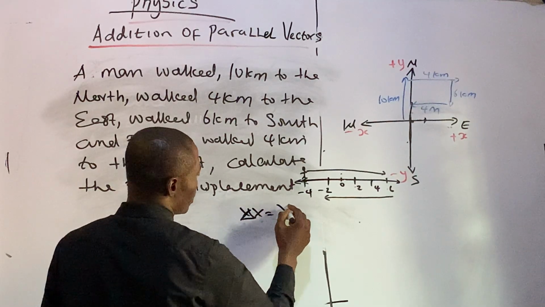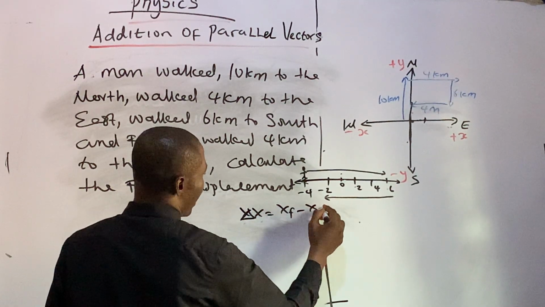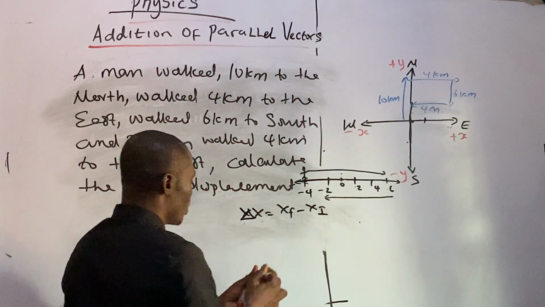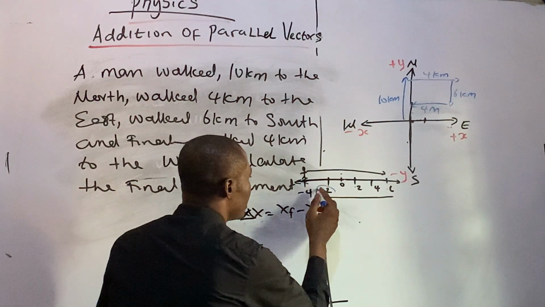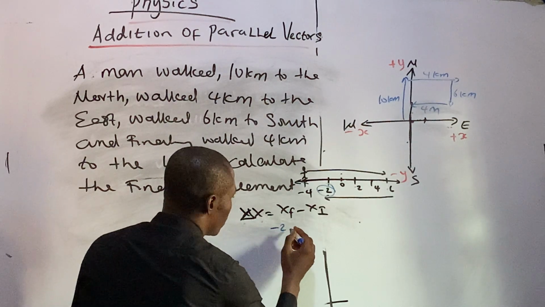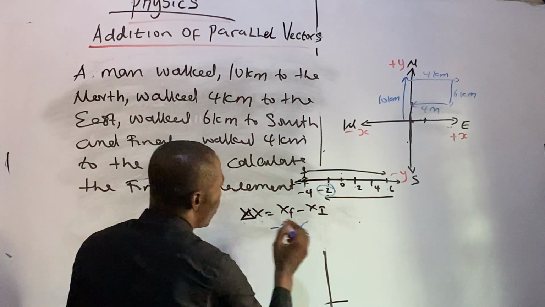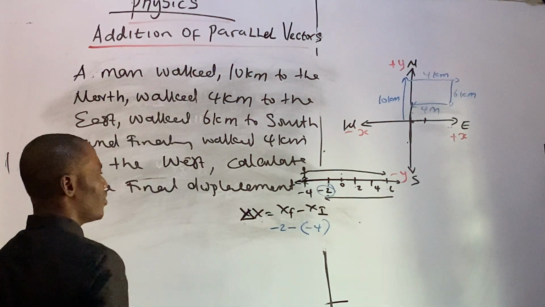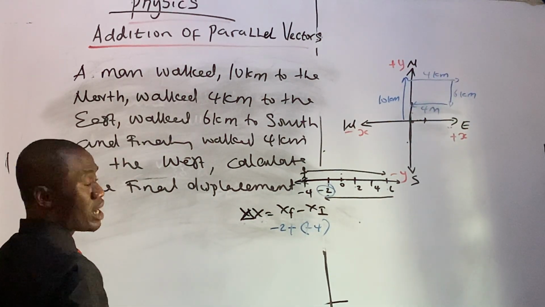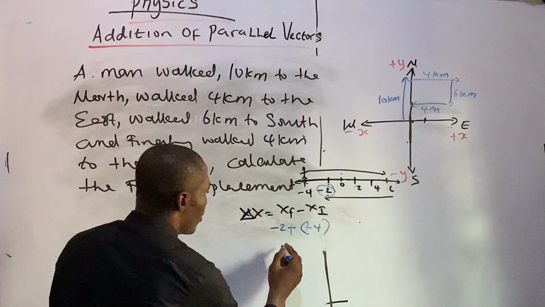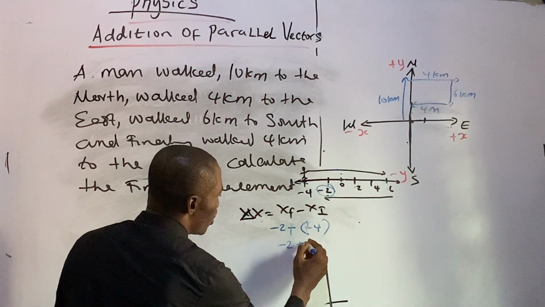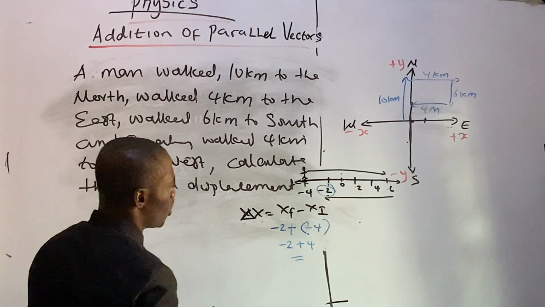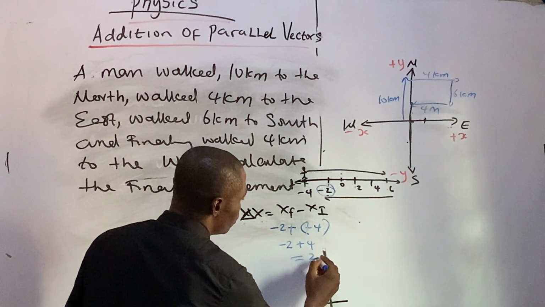Change in x is equal to my x final minus my x initial. Now, what's my x final? X final, look at the board there. X final is minus 2. So I have minus 2 minus, what's my x initial? X initial is minus 4. Now, what do I have? Minus will cancel out minus. Minus times minus is positive. I'm going to have minus 2 plus 4. Now, finally, minus 2 plus 4, I'm going to be having 2 as